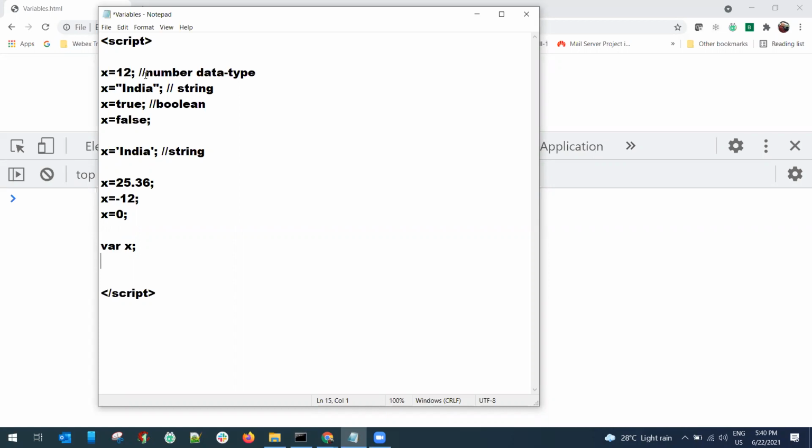Now you have to remember three things. Point number one, JavaScript is a case-sensitive language. JavaScript is a client-side scripting language.